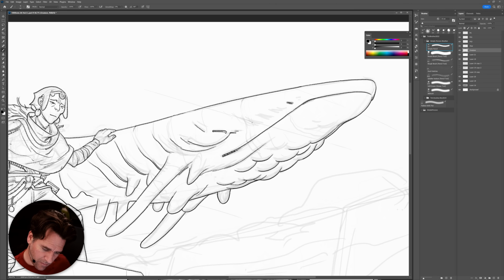So I'm going to try and make these more iconographic, if that makes sense. Again, that is just more purposeful, less based on form, more based on what's actually happening in terms of the patterns. So, if I create this series of lines here,